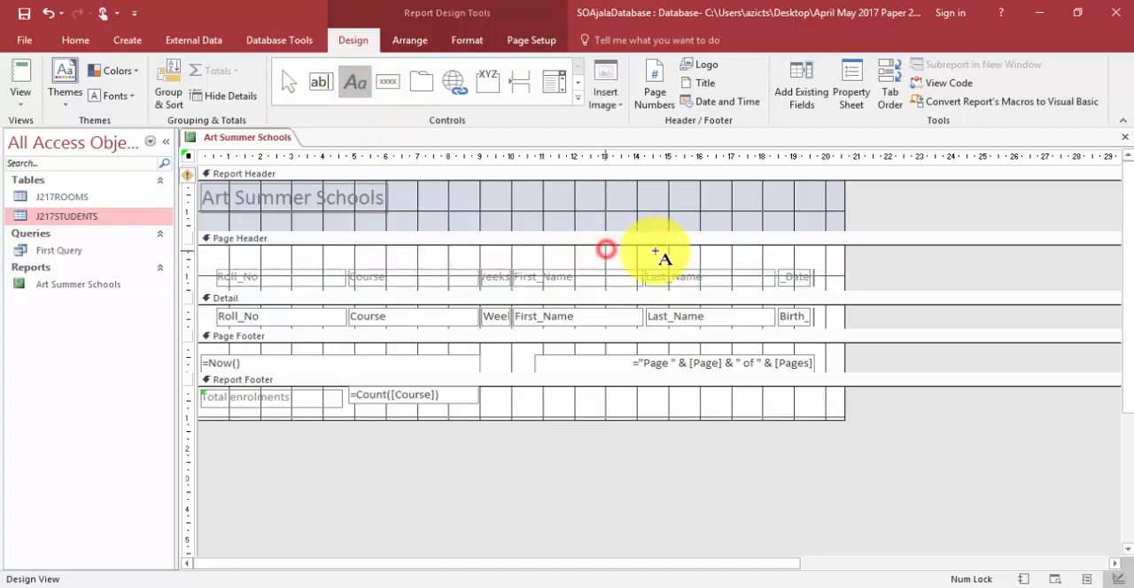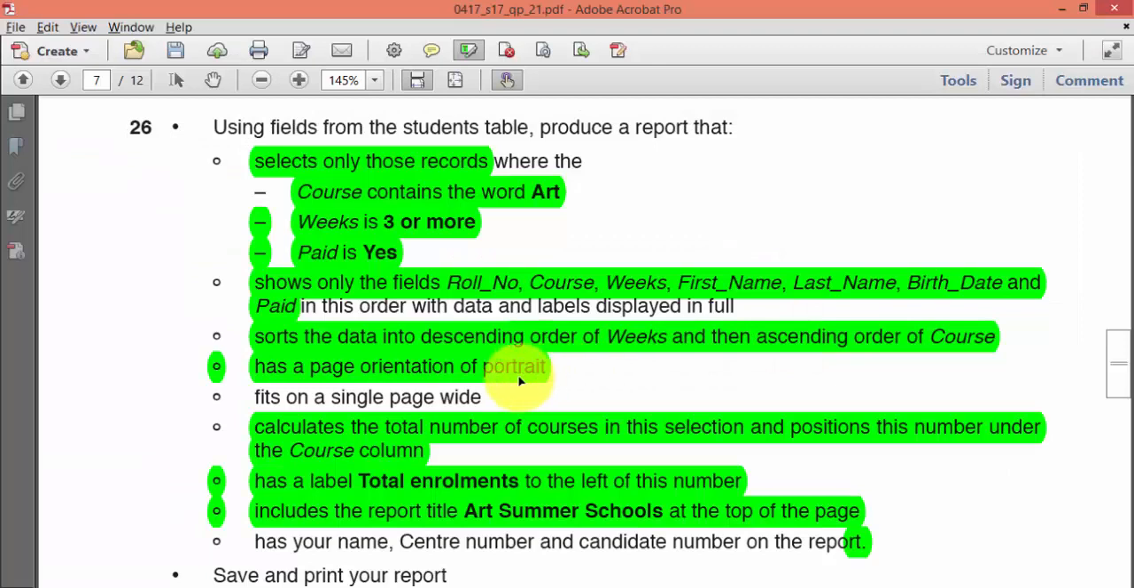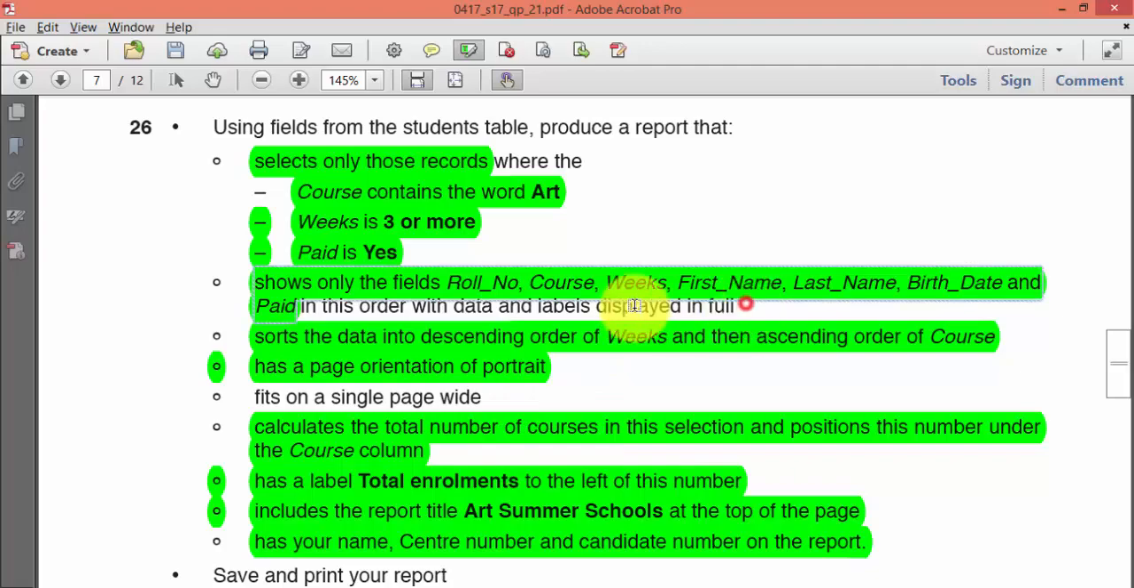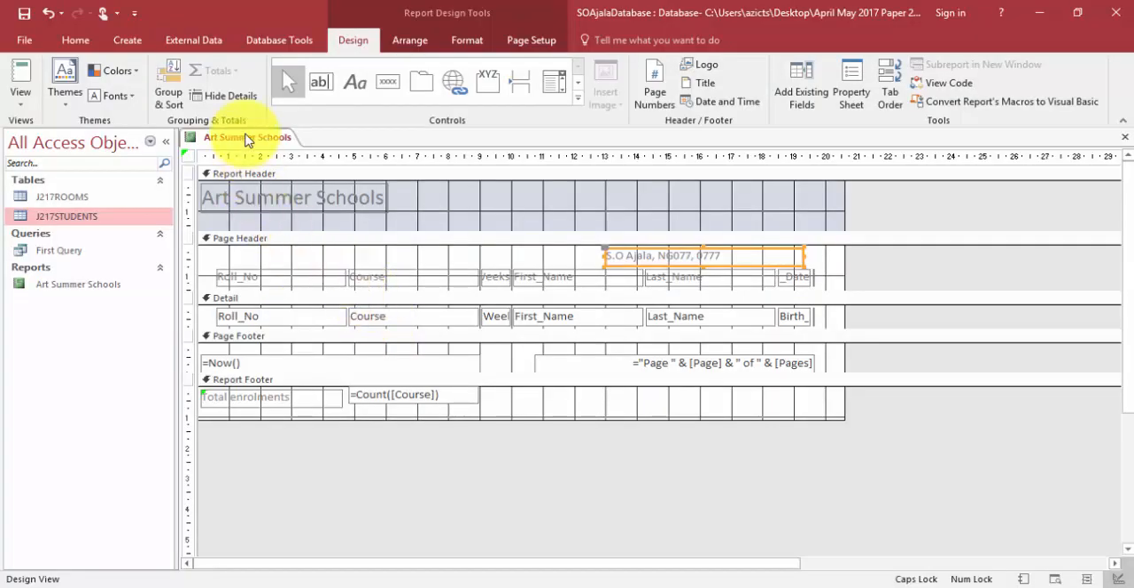So I put my details here. Ajala, write yours in full. NG077 0777. Those are my details. Okay, those are my details. So I've added my details here. Fit on a single page wide. Okay, so let's do